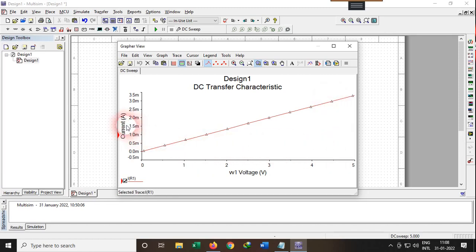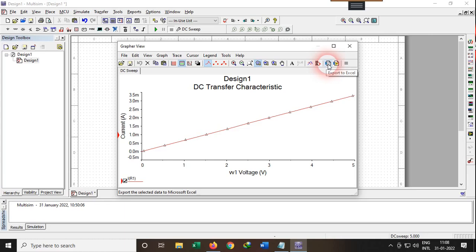Okay, so here this one is showing us the current, but it is showing us the axis data present here only. So if we want, we can use the data which has been used by Multisim for plotting. For that, we will export the data which has been analyzed by Multisim. We can analyze this by exporting the whole data to Excel.